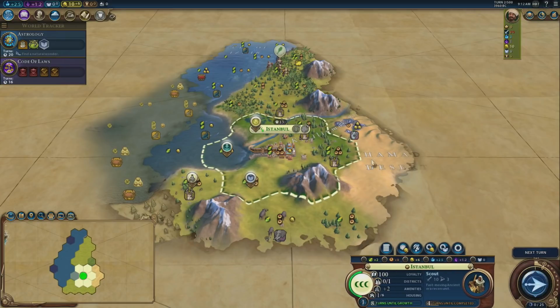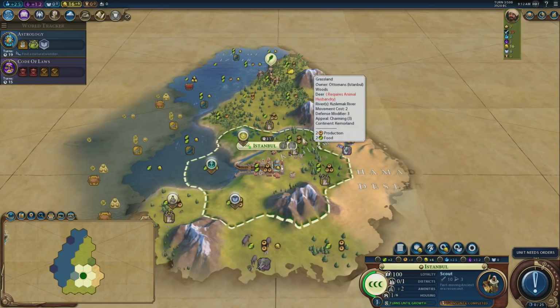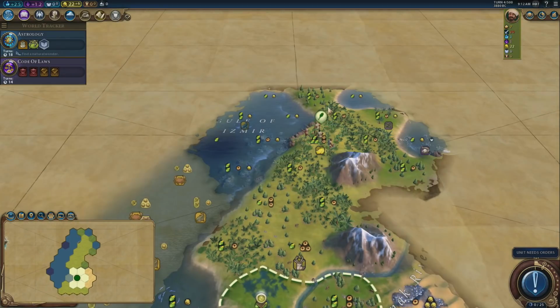Look, I'm building a scout, alright? This is an archipelago map, but I listen to you guys. You guys always tell me off for not building scouts. I'm building a scout, alright? Already I'm thinking